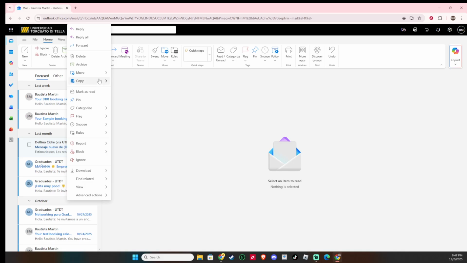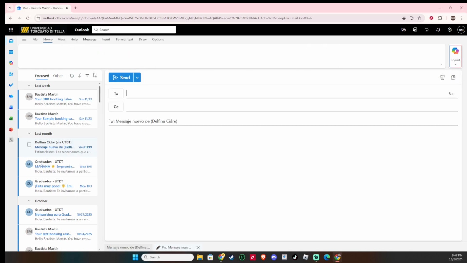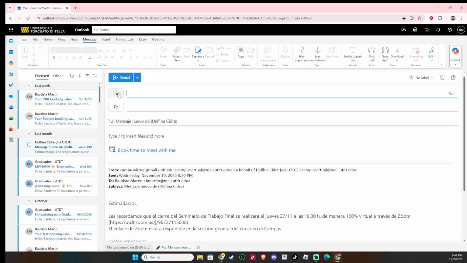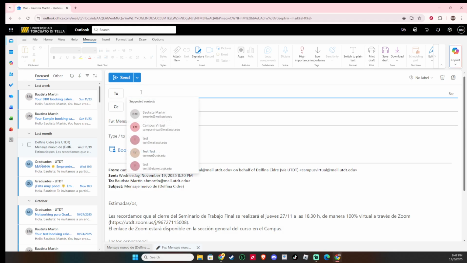A menu will appear with several options. From this drop-down list, click Forward. This tells Outlook to create a new draft that includes the original email content. After you click Forward, a Compose window opens automatically. You'll see the original message quoted in the body, and any attachments are typically included as well, which is helpful